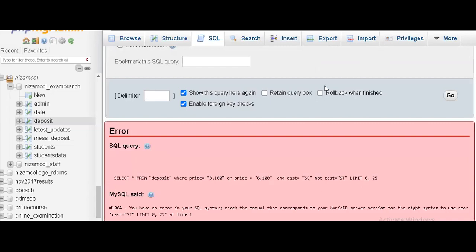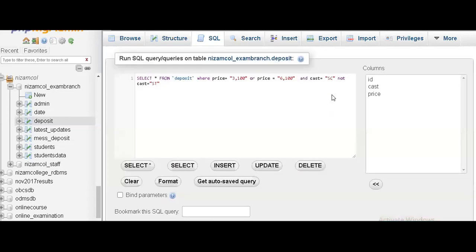Here, caste ST. Where caste... okay, I'll say not ST. Let's see.